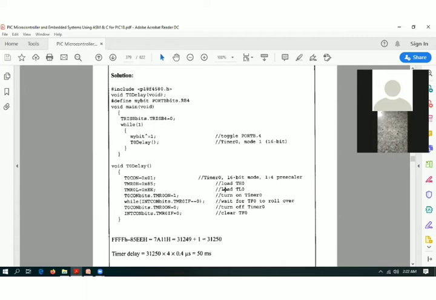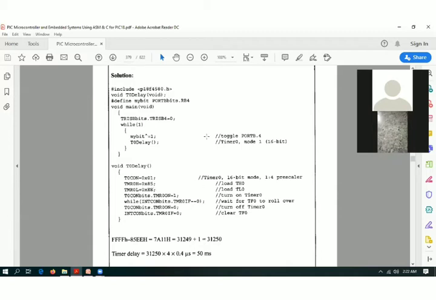Next, they are loading a proper value into TH0 and TL0. That is the initial value for timer 0, that is 85EE. That is the hexadecimal value they have generated. You can calculate it yourself; I have shown the steps of how they calculate these values.